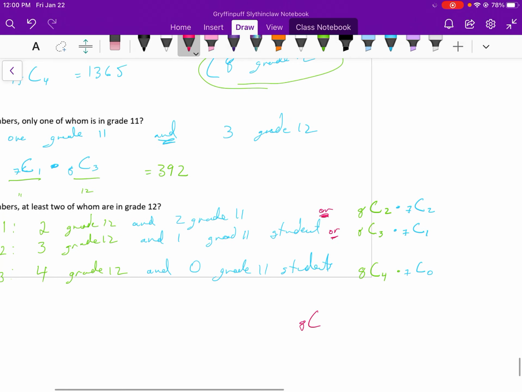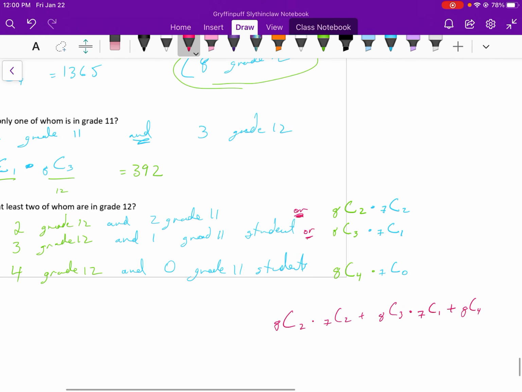So in your calculator, you do 8 choose 2 times 7 choose 2, plus 8 choose 3 times 7 choose 1, plus 8 choose 4 times 7 choose 0. And if you add up all of these cases, you will get